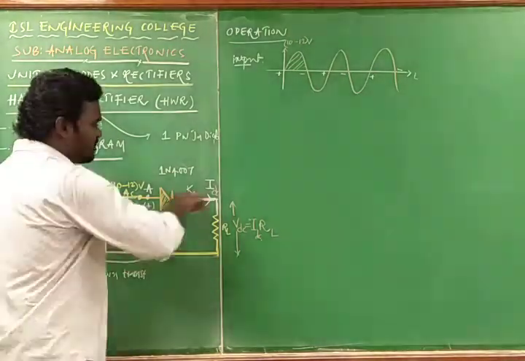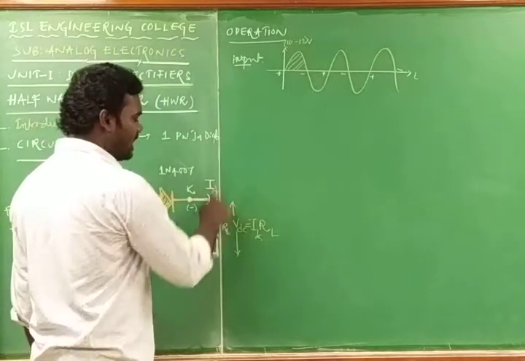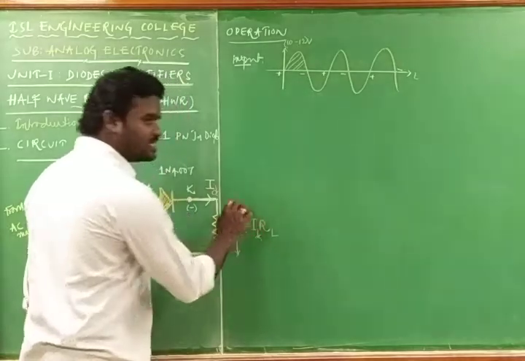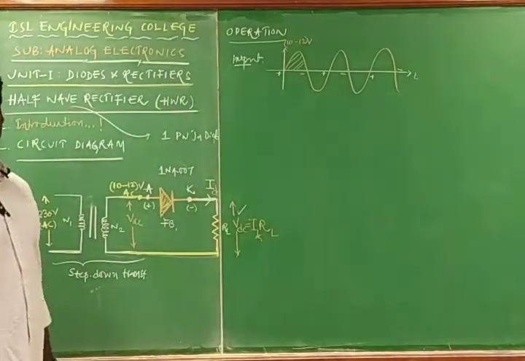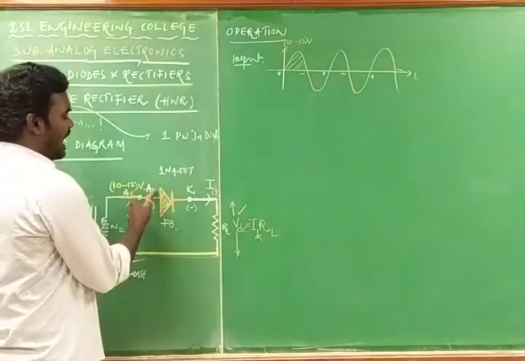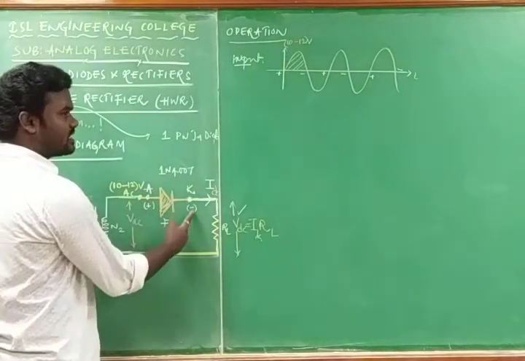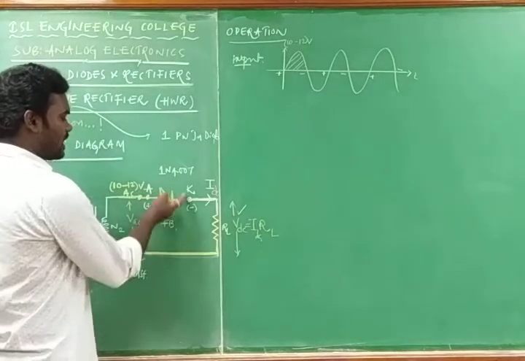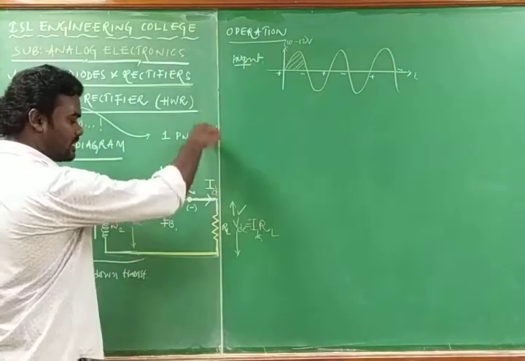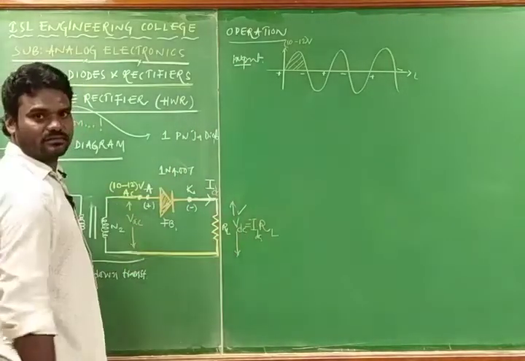Whenever the diode is in forward bias, it conducts the current, that is IDC. If IDC is there, that current goes through the load resistance, that is RL, so that we can get the VDC during the positive half cycle. During the positive half cycle, the anode of the PN junction diode gets the positive, the cathode gets the negative, so the diode gets into the forward bias such that it conducts the current IDC. That current goes through the load resistance, so that we can get the VDC.